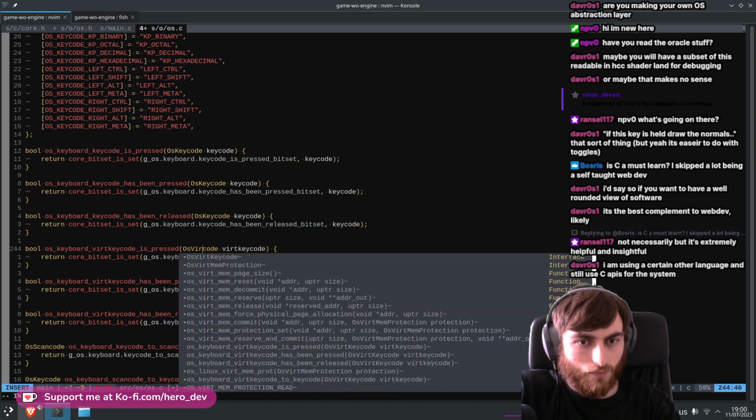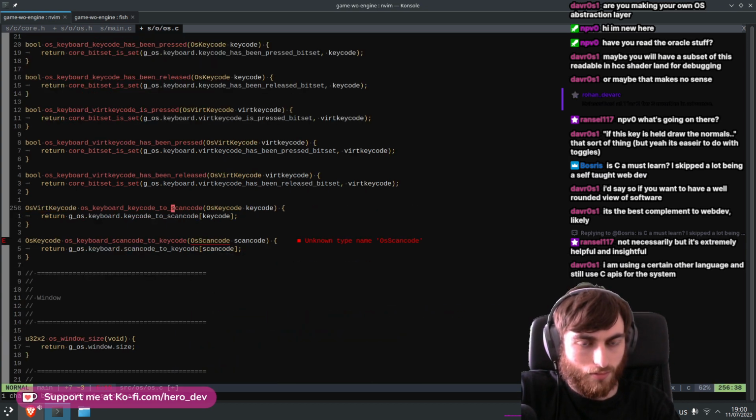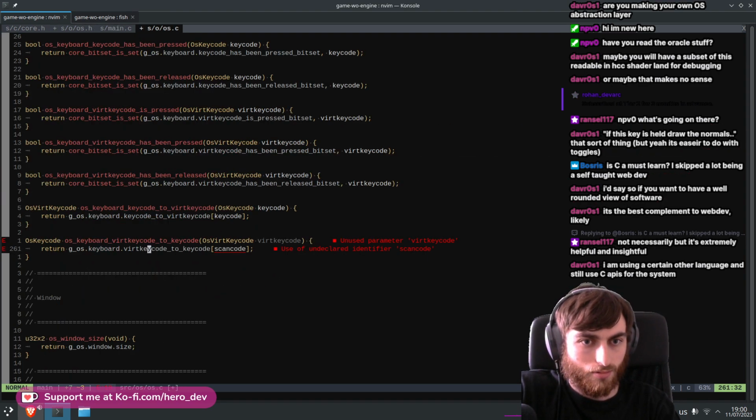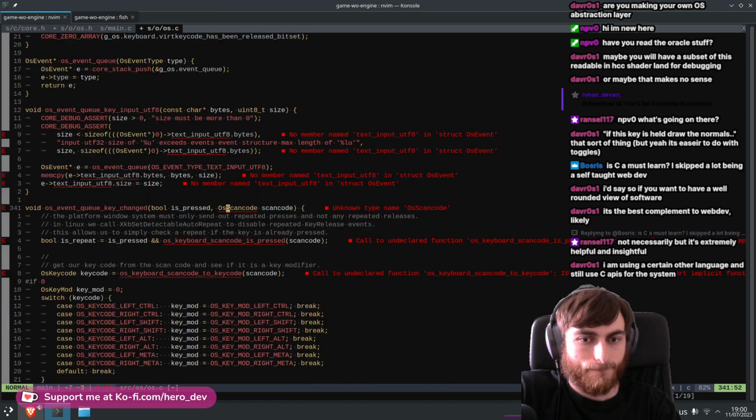Alright, so this will be vert key code. Vert key code. Oh yeah. Oh, so this one needs to be the